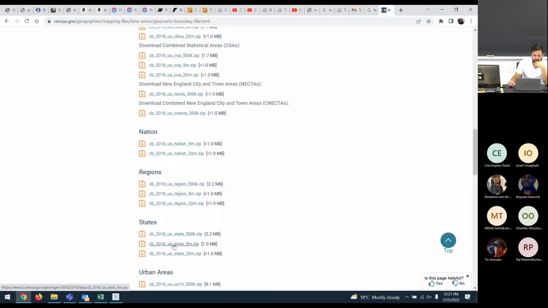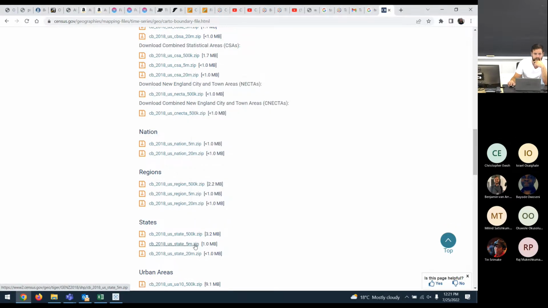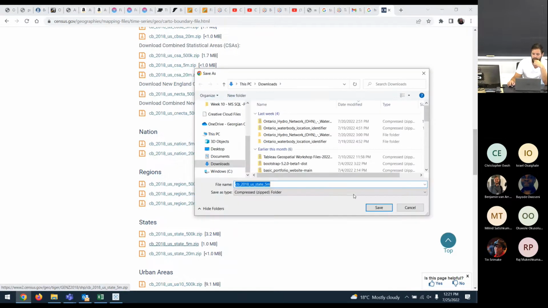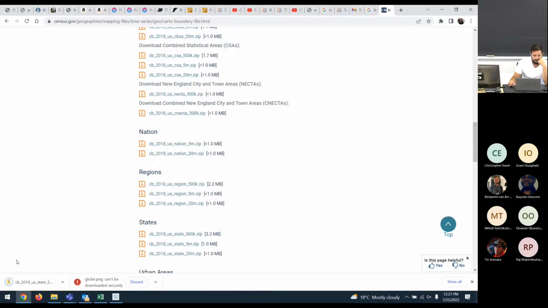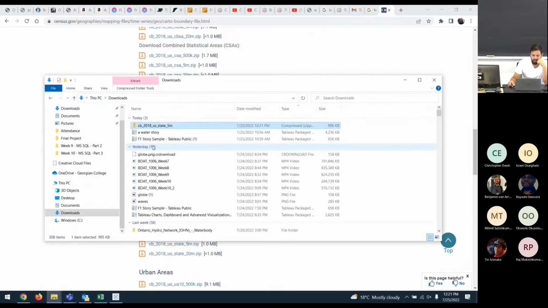I'm not sure of the difference between these ones. I think it's the number of polygons, so how detailed it is. So I'll just go with the middle one. Okay, and then we kind of covered this a week ago, but just to show it in practical use, let's